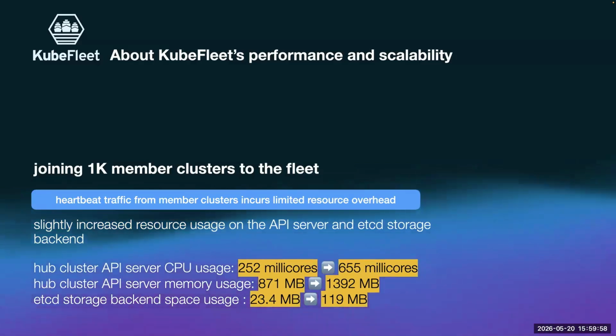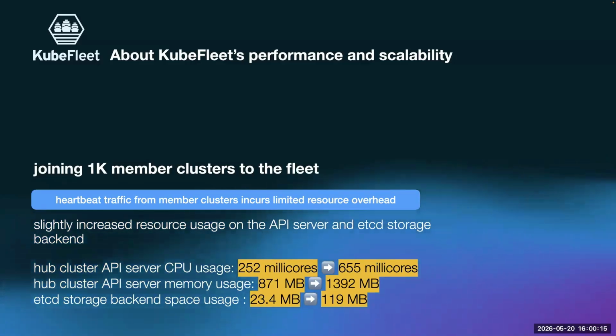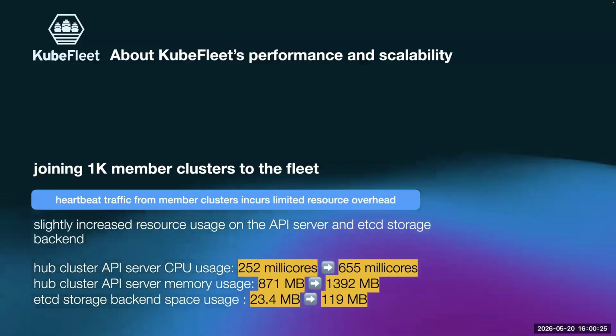When there are 1,000 member clusters in the system, it takes the hub cluster less than one CPU core to process all those requests. The memory usage was a little bit less than 1.5 gigabytes. And all those member cluster management API objects together take around 100 megabytes of space on the etcd backend,